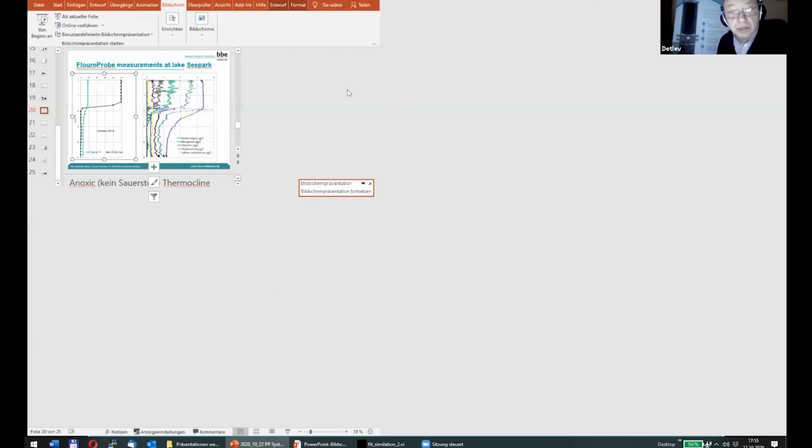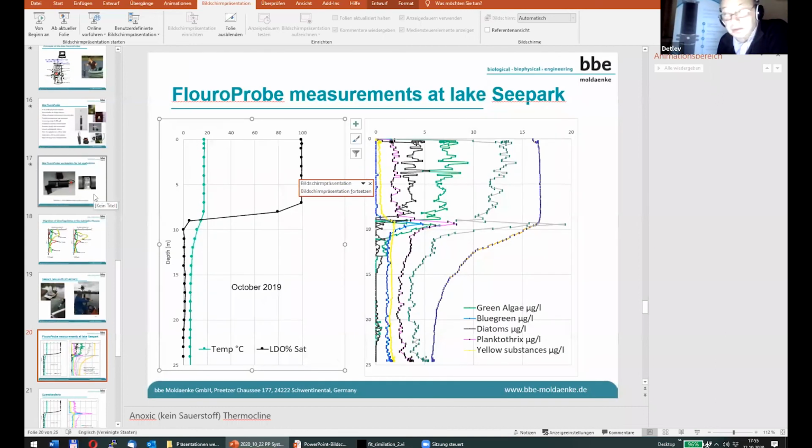what the satellites cannot do up to now is to go into the depths. So the information that they get is from the surface or only for a certain depth. And we know that we often find so-called deep chlorophyll layers, which will not be seen by any satellite. And the spatial resolution is also a difficulty.